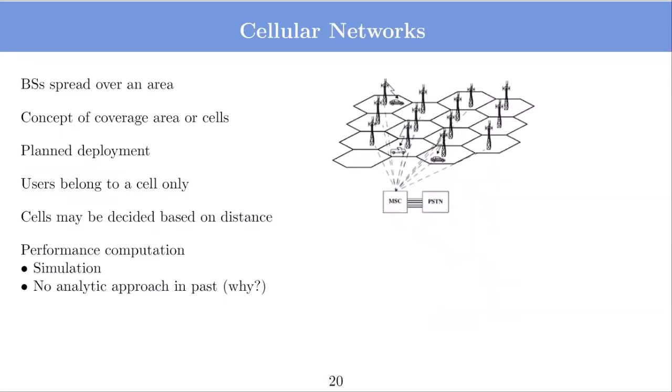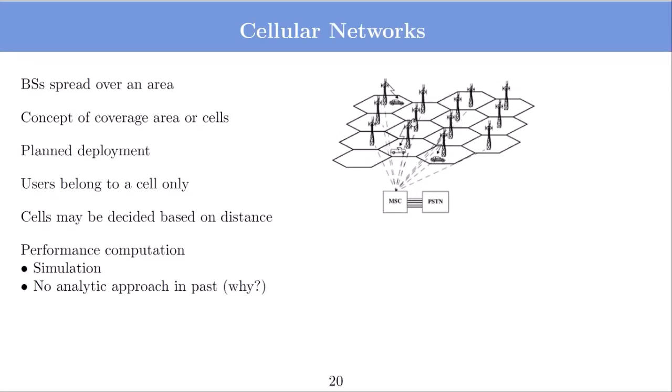Similarly, the other network is known as the cellular network. In this network, there is a single operator which deploys many base stations over an area. And then if you are a user, you fall in the range of one of the cell towers. You can see there are different base station towers, and depending on the distance, they are serving